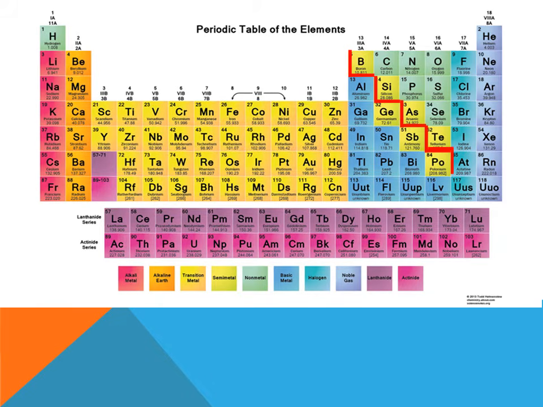Each family has its own unique properties, which are determined by the number of valence electrons. The number of valence electrons that an element has plays a key part in how reactive or unreactive an element is. Metals, or the families to the left of the stair step, including the alkali metals, the alkaline earth metals,